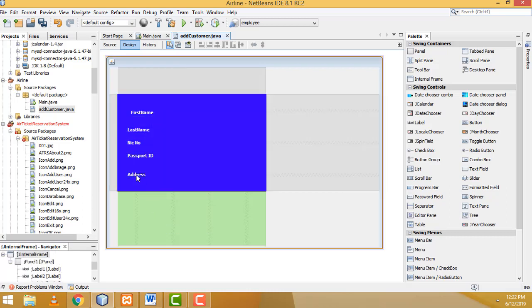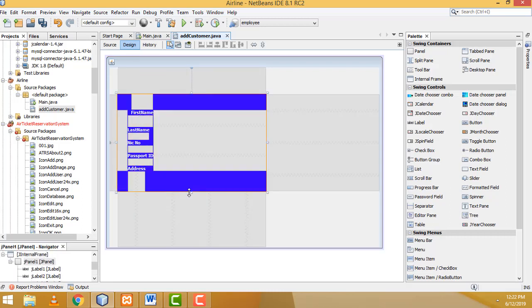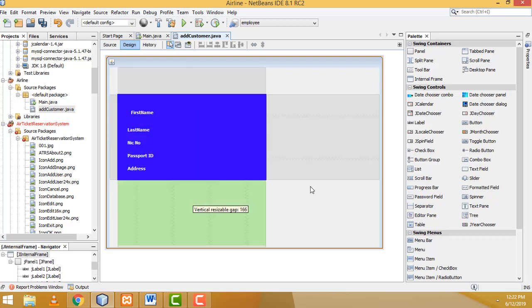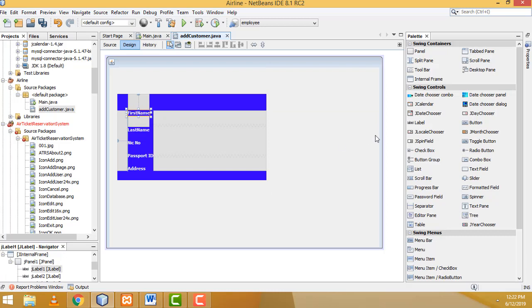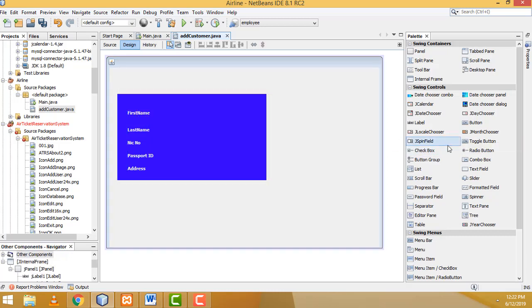Simple form, right? Now what I'm going to do is, here I need text boxes. So go to the palette. Here you have to select the JTextField, this one, right? You have to drag one, two, three,